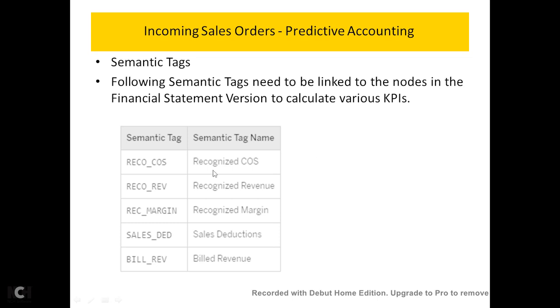These are the semantic tags: recognized cost of sales, recognized revenue, recognized margin, sales deductions, billed revenue. You probably know semantic tags are used in the financial statement version at the GL account level or functional area level. So you can associate them, and then it will be available in this app for reporting purposes.